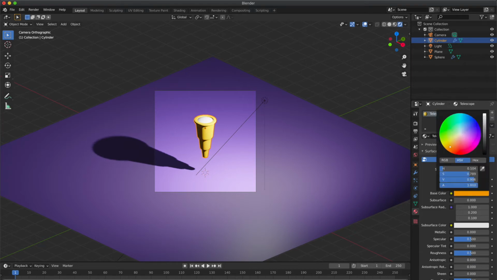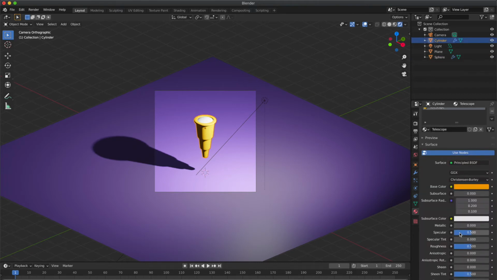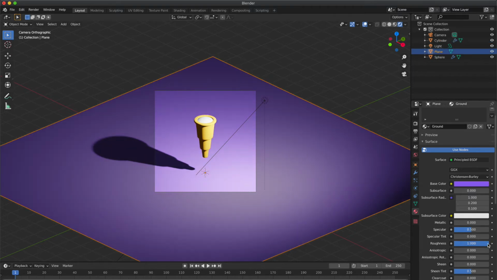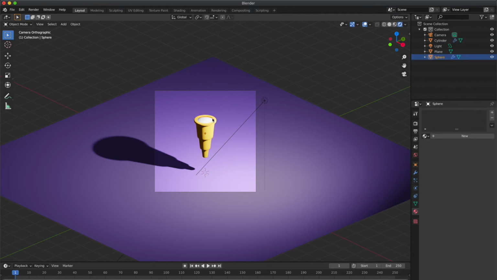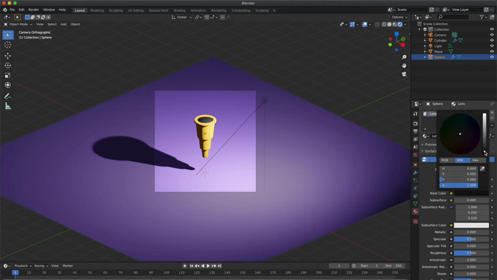Now select the cylinder, apply a new material and select the base color. Increase the roughness. Select the UV sphere, give it a new material and rename it. Select the base color.